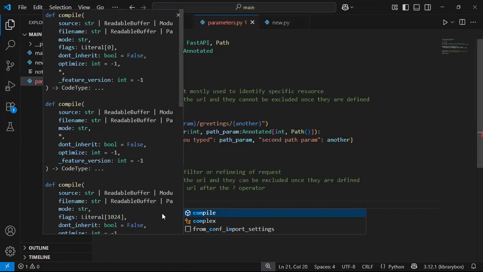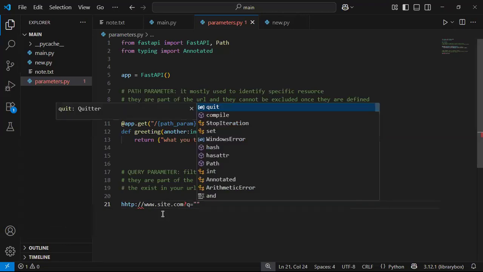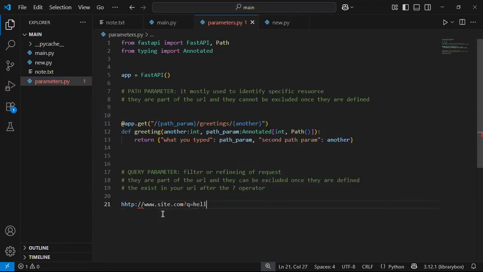And something follows after this, like q equals something that you search, something like hello, or we could say something like books, right? So if you've ever come across a URL like this, what you have immediately after this operator is what we consider